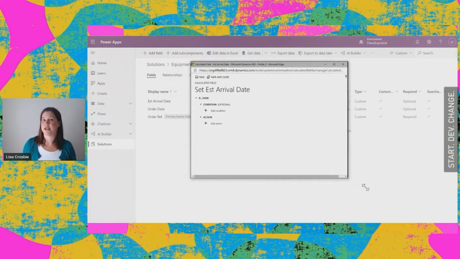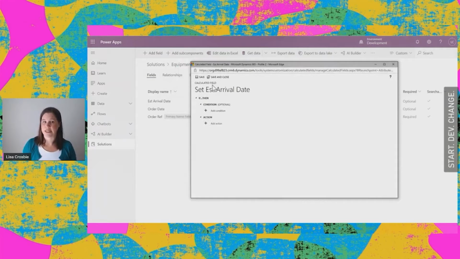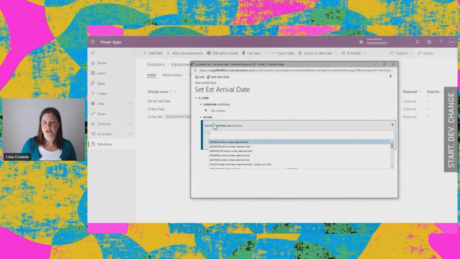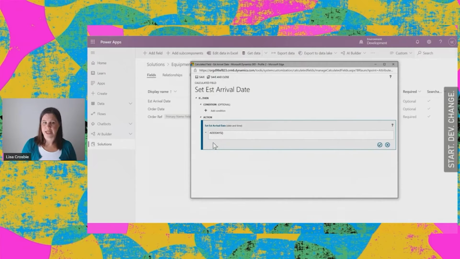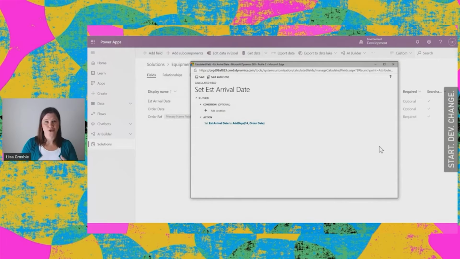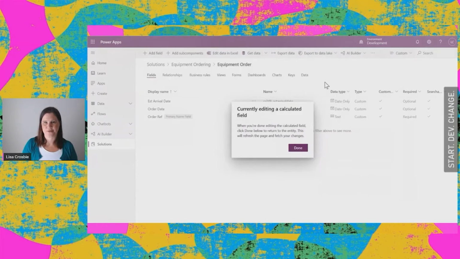So this is where you can start to bring that kind of business logic into the picture here. So I do this by adding an action, and I'm going to set the arrival date to be this add days function, 14 days after the order date, which is what I've created. So relatively simple formula there. And again, you can go further with this and have all sorts of ifs, buts, and maybes in there if that's what you want to do.